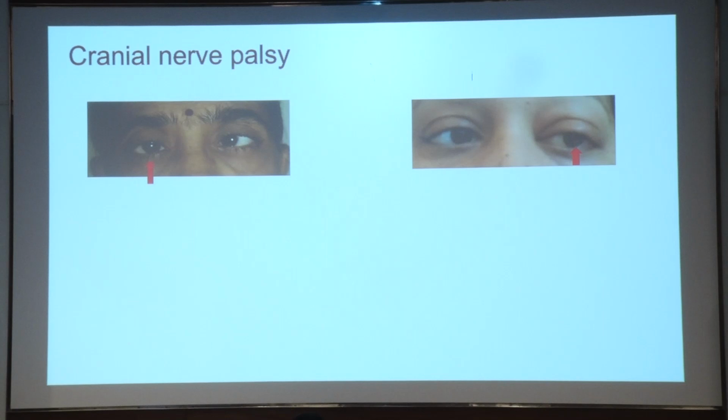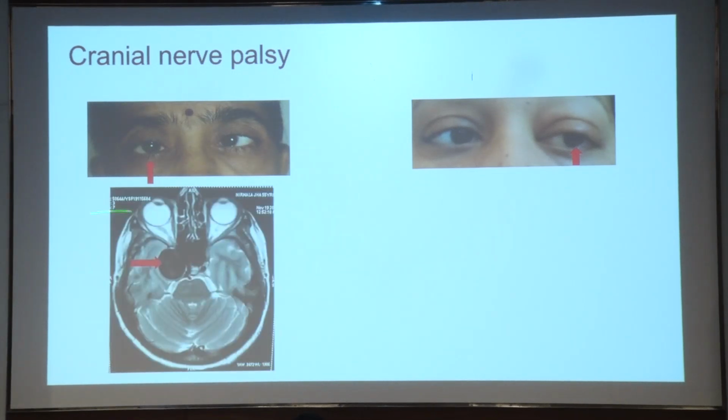In cranial nerve palsies, we have this elderly patient with a 6th nerve palsy. It could be a case of ischemia, but we got a screening MRI done and found it was an internal carotid artery aneurysm. Then another case, but here with the 6th nerve palsy, you also see a lid edema